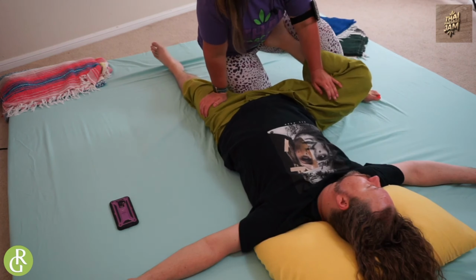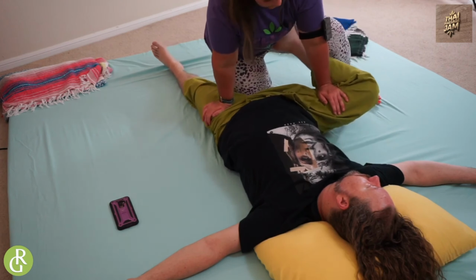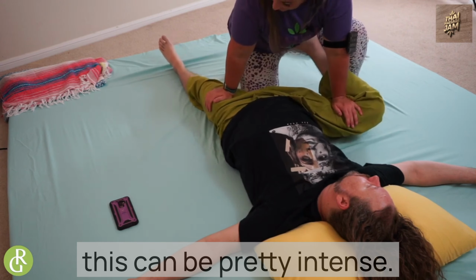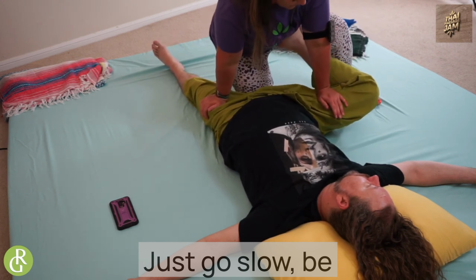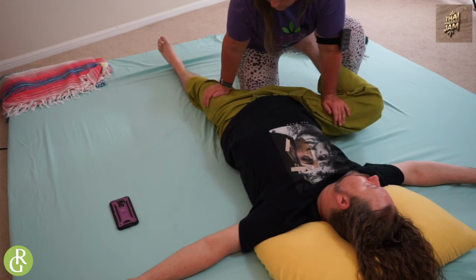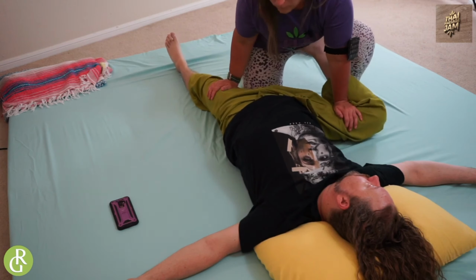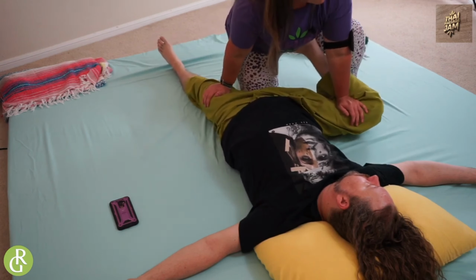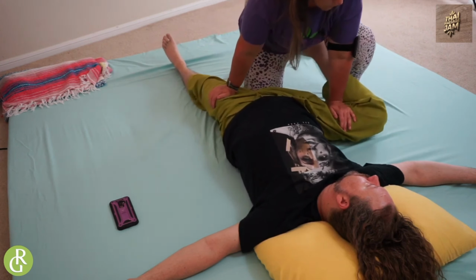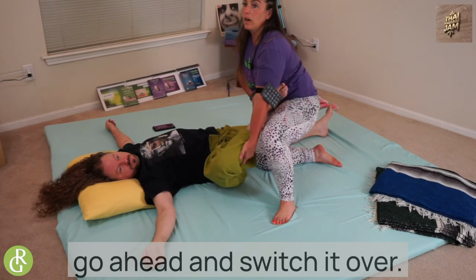We'll come in and just kind of lean between the two. Just being very aware that this can be pretty intense. Just go slow, be intentional with where you place your palms. All right, this we're gonna go ahead and